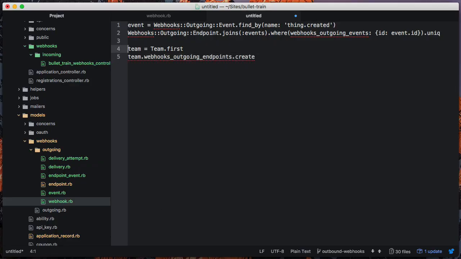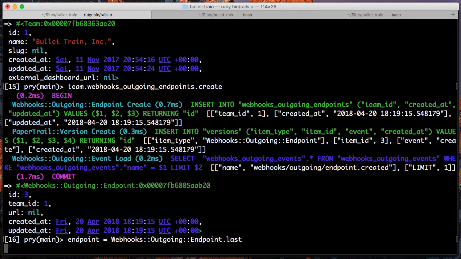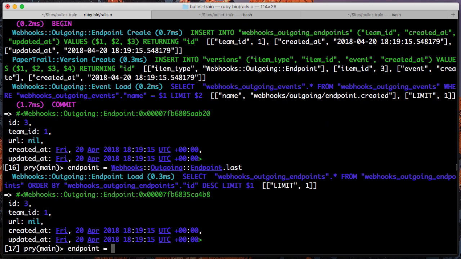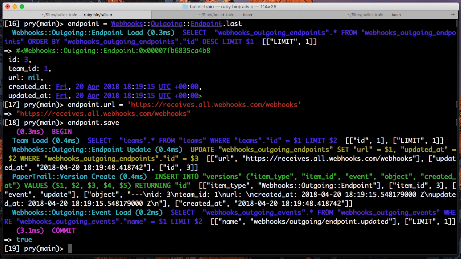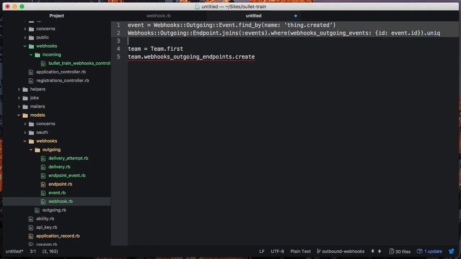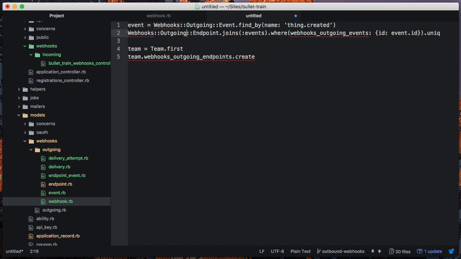create a new endpoint that receives all webhooks, receives all webhooks.com. So now when we go here, we still only get that one because that's the only one that is specifically registered to receive this event. But what we want to do is actually make this